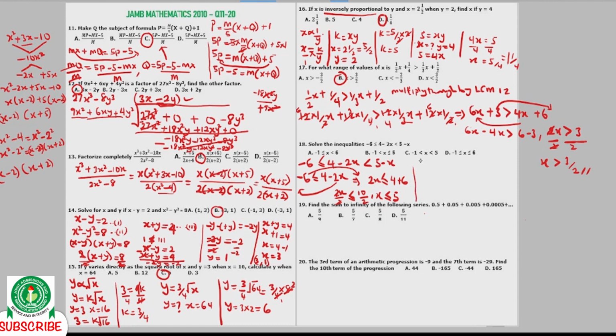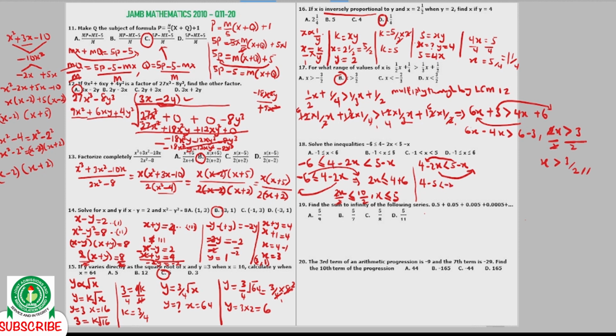Now the second one is 4 minus 2x less than 5 minus x. Now this is the second inequality. You can see that they both have 4 minus 2x in common. So that's how to break it. Now you collect the like terms as well. In order to make this minus 2x positive, you take it to the right hand side, and bring 5 here. So what do we have now? We have 4 minus 5 less than